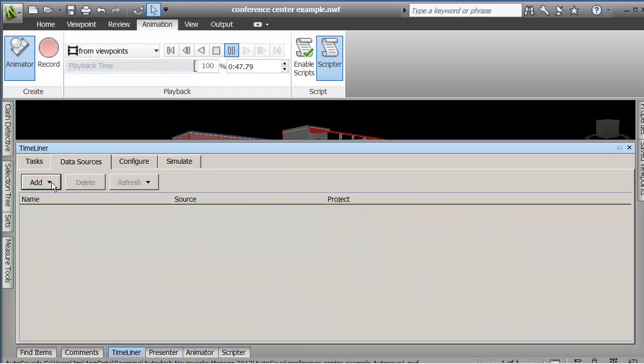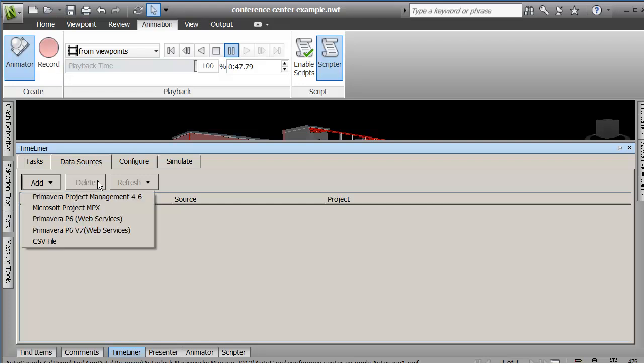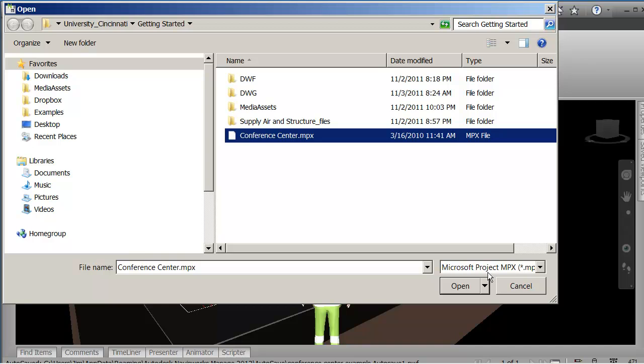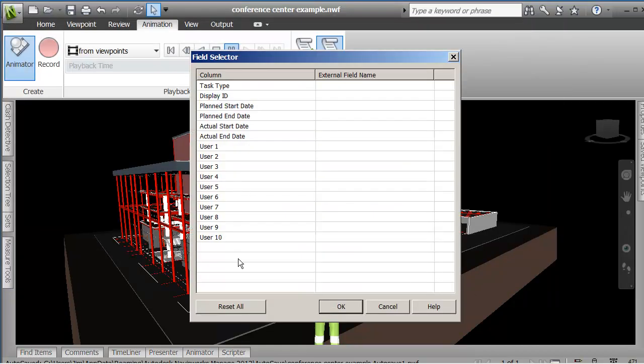So if under data sources I say add, I can use files from these different formats, the Primavera or Microsoft Project. In this example, I've got the task set up in a Microsoft Project file, an MPX file, and I can find that file and bring it in. So what's critical here is that that file contains tasks with the same names as the search sets that are in our project. Now the way that I match this up is that I have a